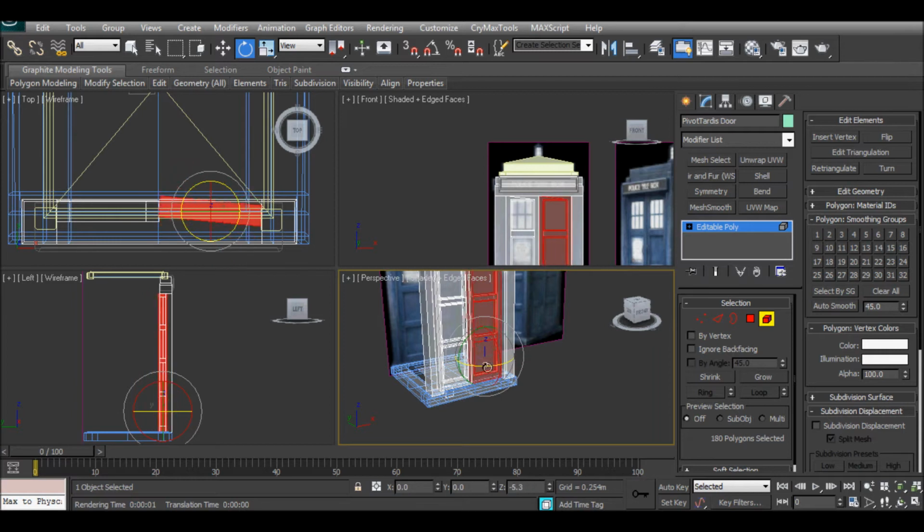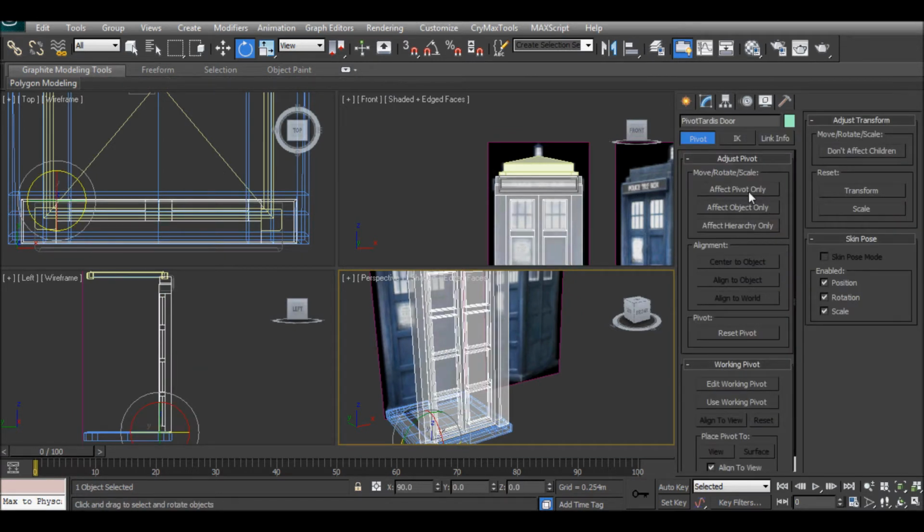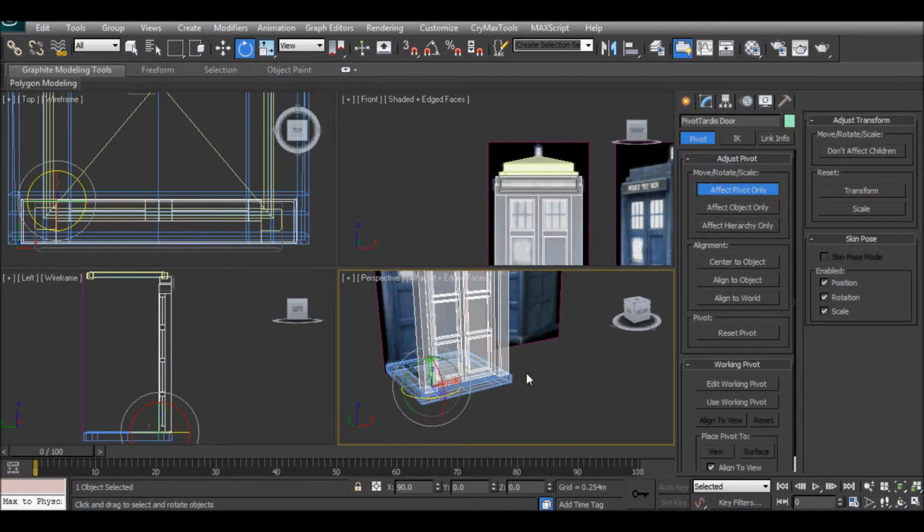You put the affect pivot, press W, put it in the corner of the door, and then you click off it again. And now when you rotate it,